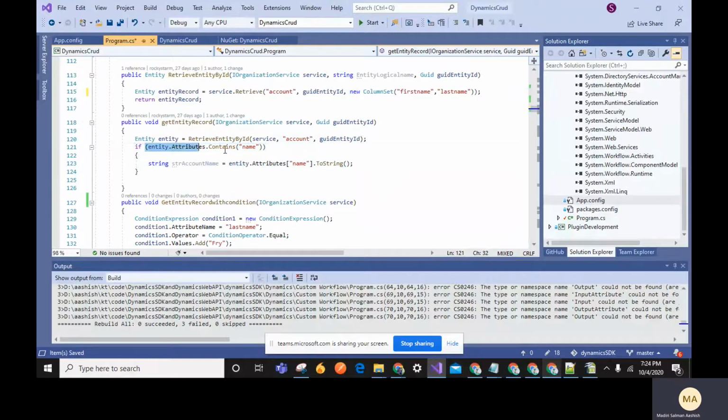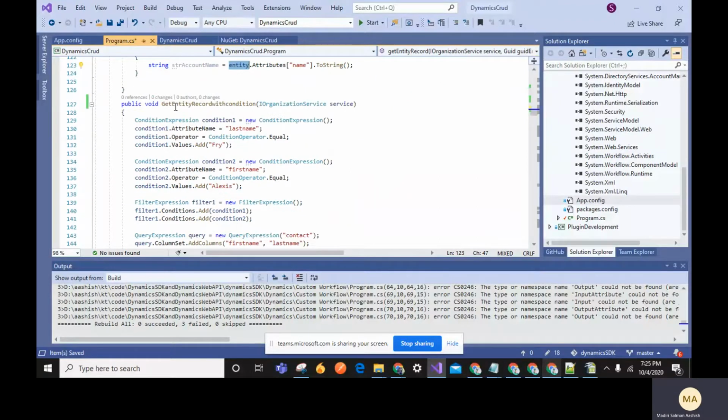So this condition is like, sometimes you will get empty values. In that case, you need to check the condition whether the name is contained or not. Sometimes the name field will not be there. After some days, if any new developer or any new person deletes the field, we don't know. So if you write this, we can know if it doesn't contain the name field, so it won't go inside. So we need to write like this to define the values.